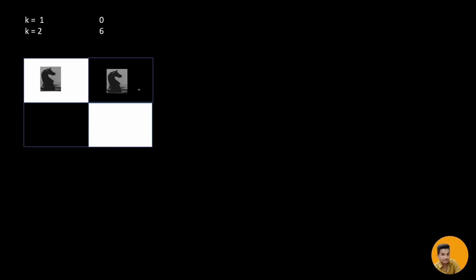This is a 2 cross 2 chessboard, and if one knight is placed here, the other knight can be placed here because there is no formation of any 2 cross 3 or 3 cross 2 boxes. This knight can't attack this knight.